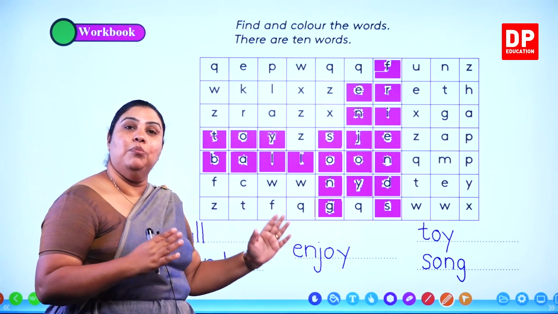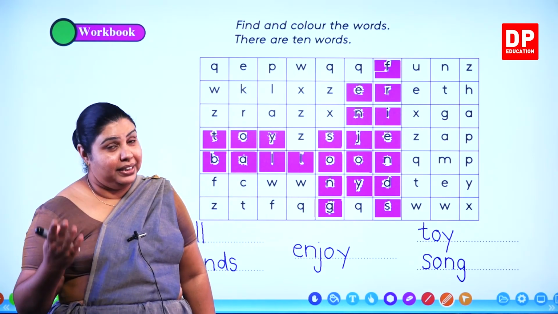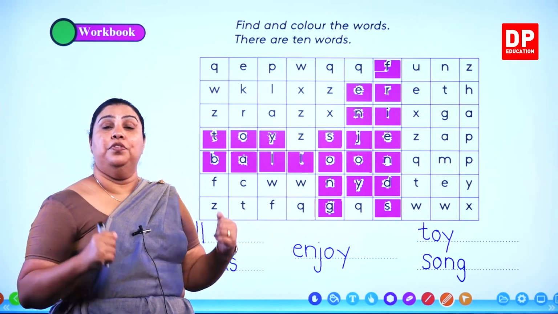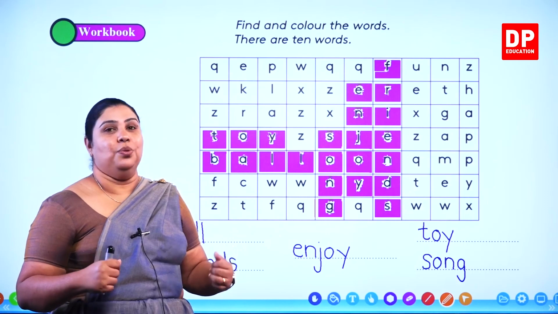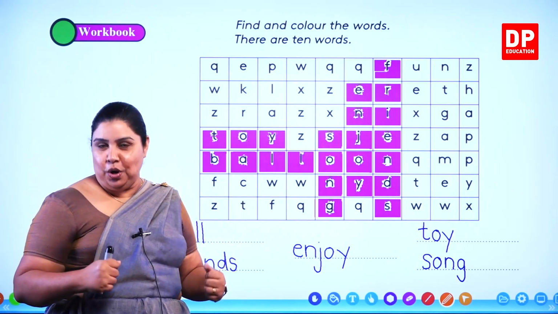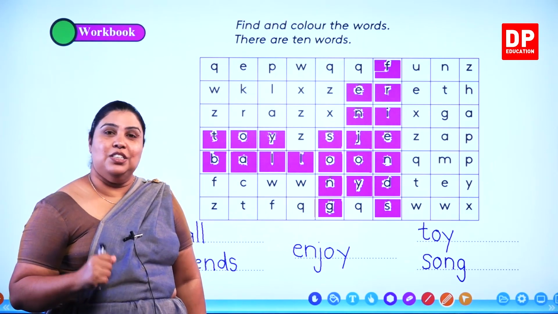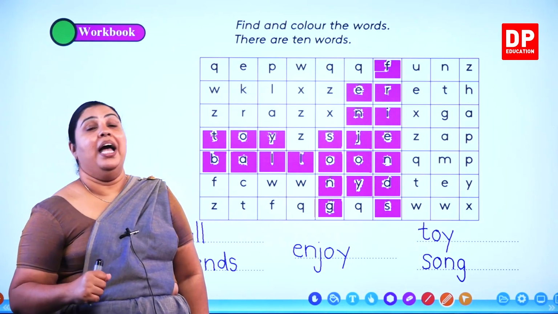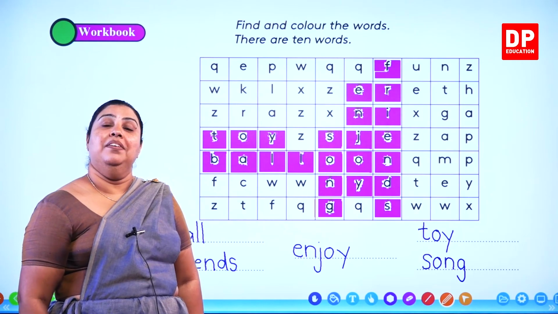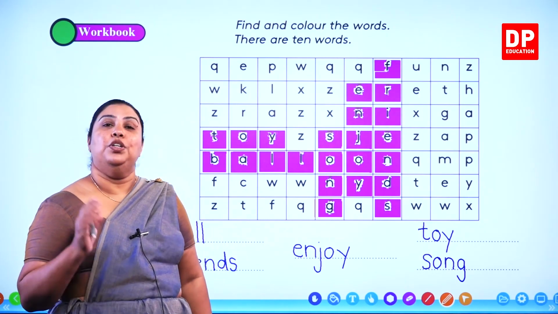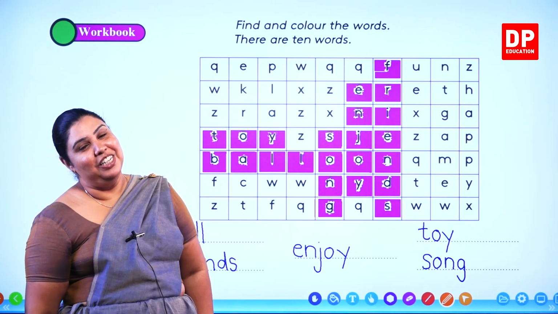So now we have come to the end of our lesson. So I think you learned a lot about festivals, and our unit number 4, let's celebrate. So now we have been celebrating for a long time. So now you have completed your workbook activities. So now it's time for me to go, and I will come back very soon with my next lesson. That is our last lesson for unit number 4. Until then, bye.